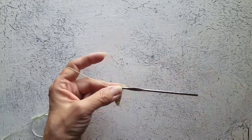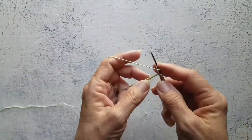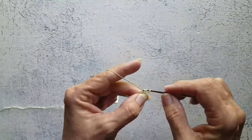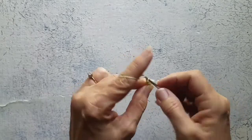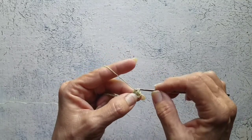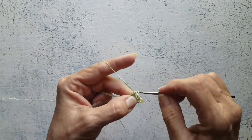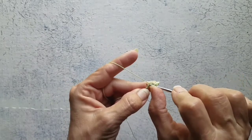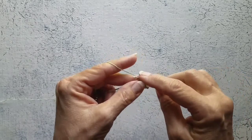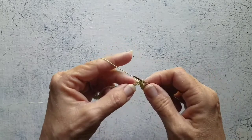Now chain 28. Here are my 28 chains, and now we are just going to crochet a leaf just like before. So double crochet in the 4th chain from hook, and double crochet in the next chain, half double crochet in the next 2 chains, and single crochet in the next 2 chains, slip stitch in the next chain,